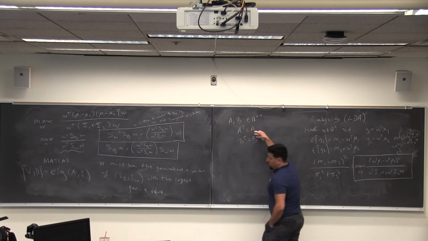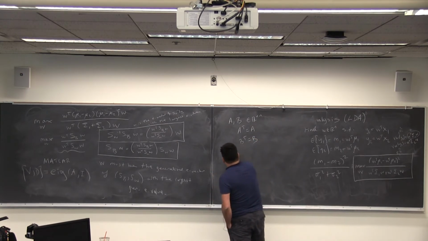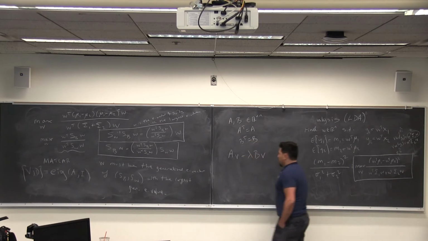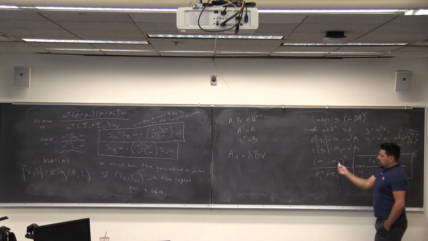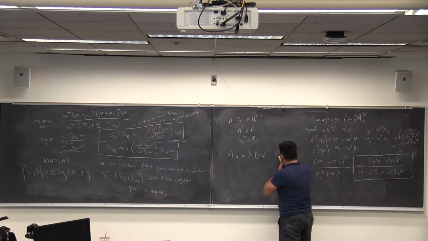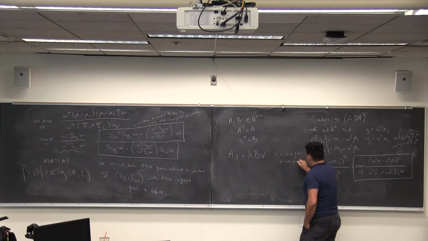I've also seen this pair called a matrix pencil. I have no idea where that name comes from; probably it makes sense in some context. Generalized eigenvalue-vector pairs satisfy these equations. So lambda, V is a generalized eigenvalue-vector pair